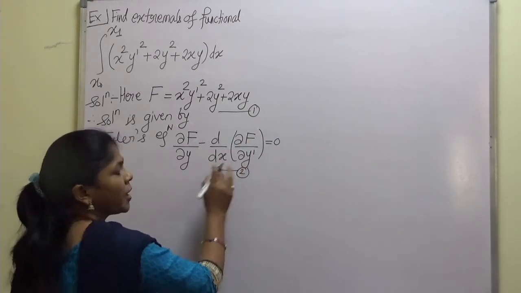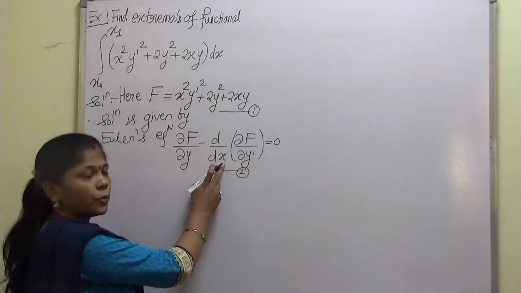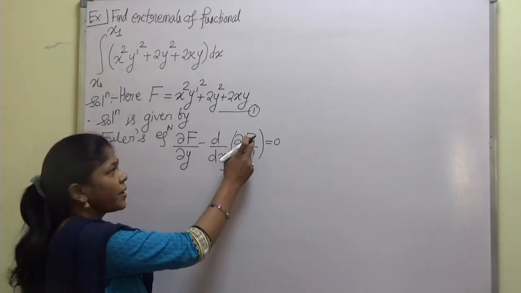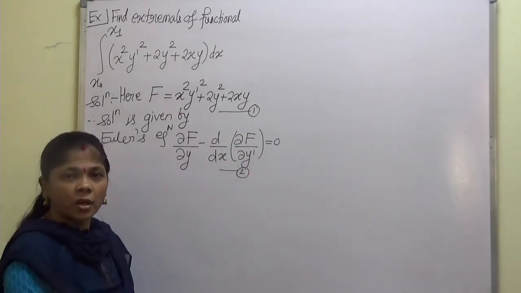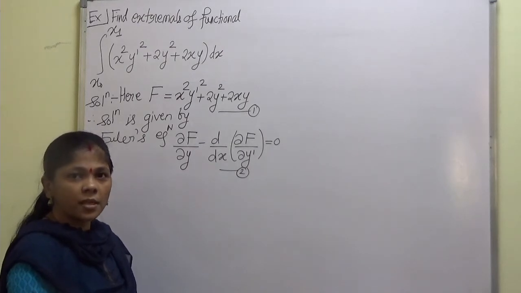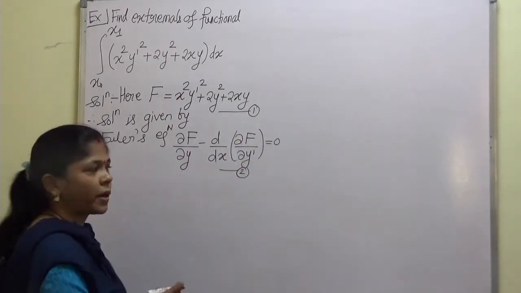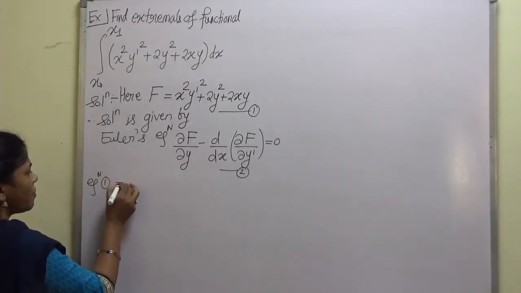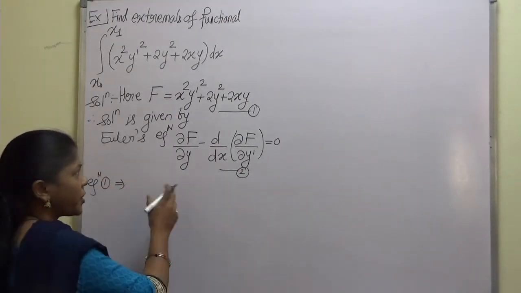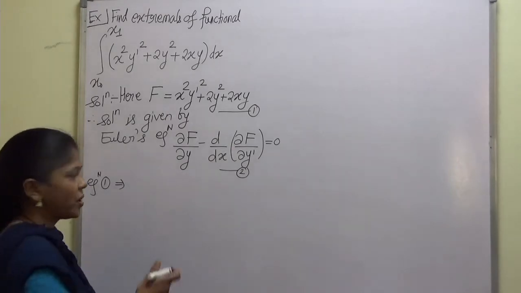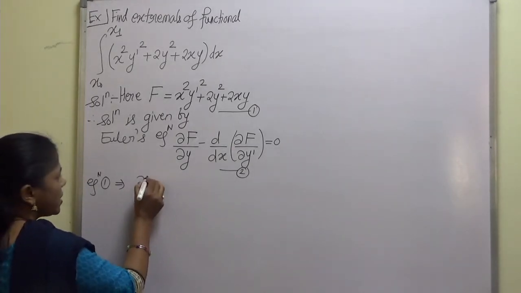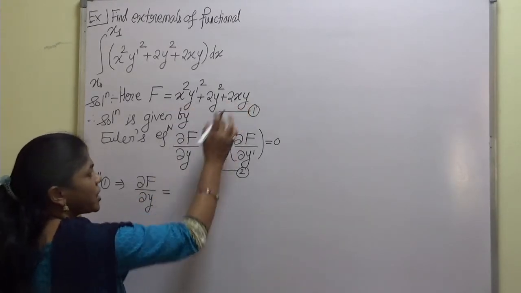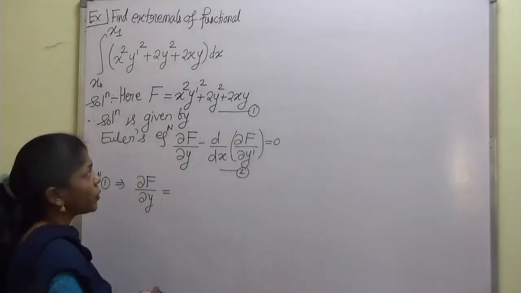So here, depending upon the requirement of equation 2, we want derivative of f with respect to y as well as derivative of f with respect to y dash. So let us find these two quantities by making use of equation 1. Now equation 1 implies, so we will differentiate 1 with respect to y partially as well as y dash. So what it gives? So we get del f by del y equal to, now so differentiating this with respect to y partially, what we get?